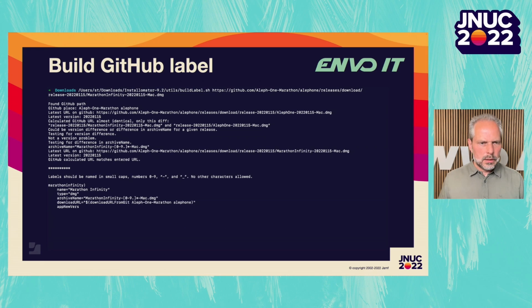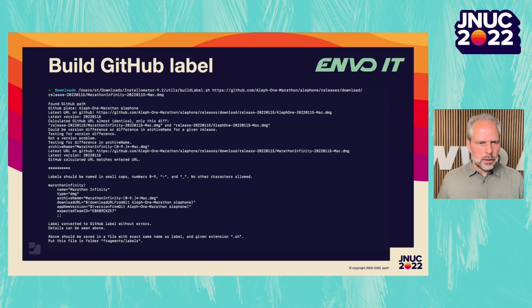And then in the end, it will show me the Marathon Infinity label fully labeled out here in a fully working label. This is actually the exact same text as I showed in the label before. So this script is very neat for this, and it is a very, very good starting point for the software that you download. You still have to verify, because it will just get the expected team ID in this situation, and we have to make very, very certain that we are actually downloading the latest version here,